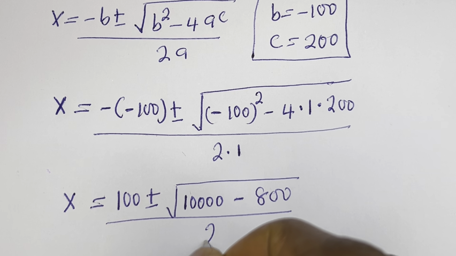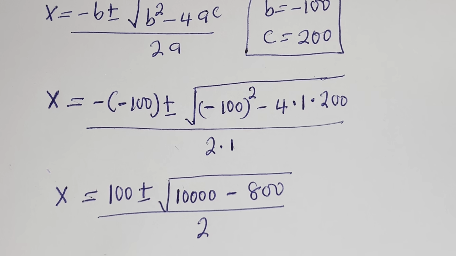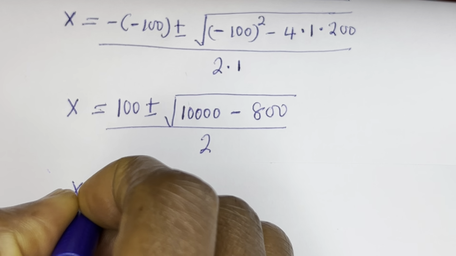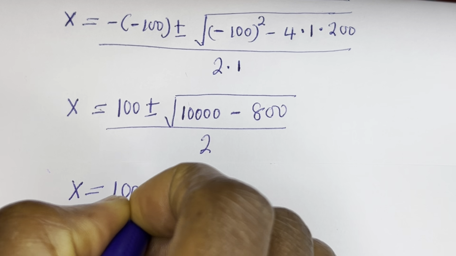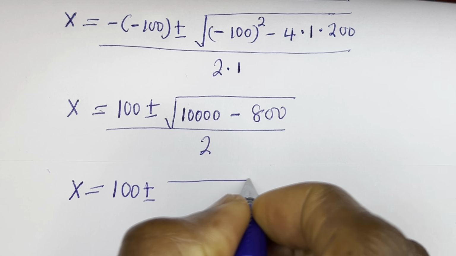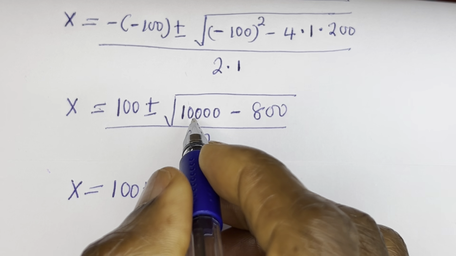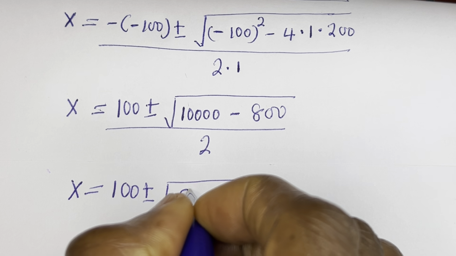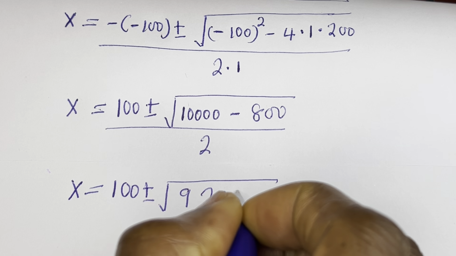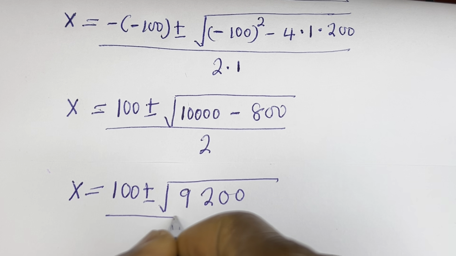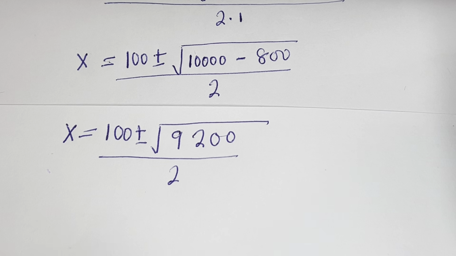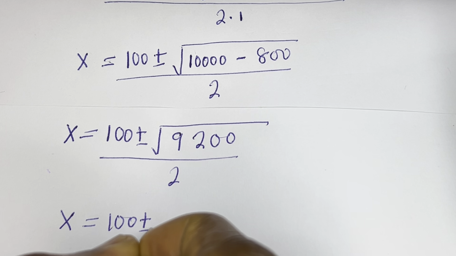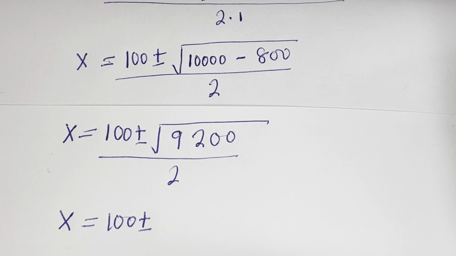This is 2. Then here we have x is equal to 100 plus or minus square root of 10,000 minus 800, that is 9,200, then over 2. Then we have x is equal to 100 plus or minus square root of 9,200 can be written as,